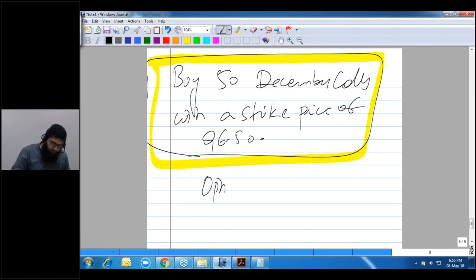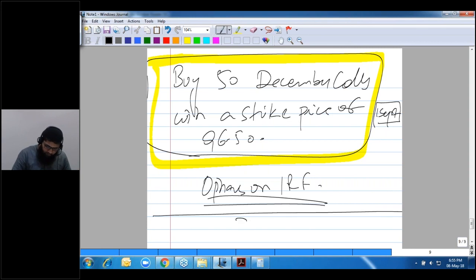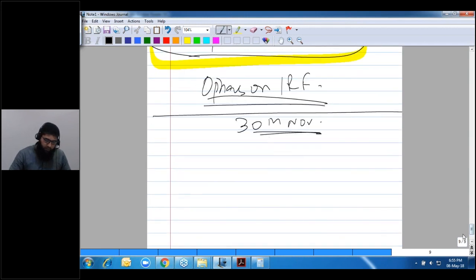There are options on interest rate futures. So what is going to happen? Everything is going to happen here on 1st of September. We have constructed the hedge on 1st of September. Now, what would happen is on 30th November,